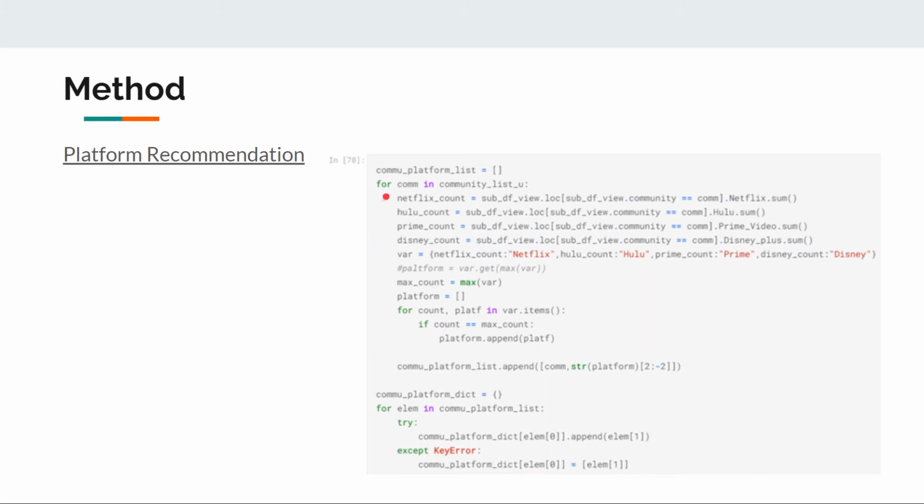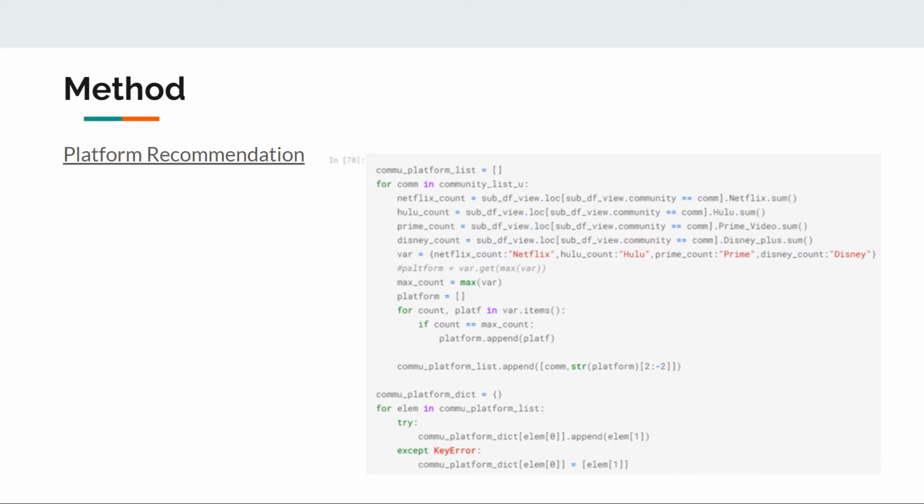As you can see here, we count the number of movies on each platform according to the selected community, and then we put those counts, along with the platform names, in a dictionary, and then we use the max function to find the max value. But then we found out that max only returned the first max value that it found.